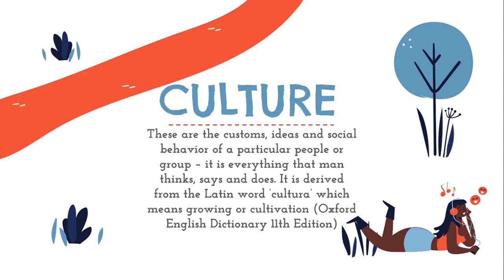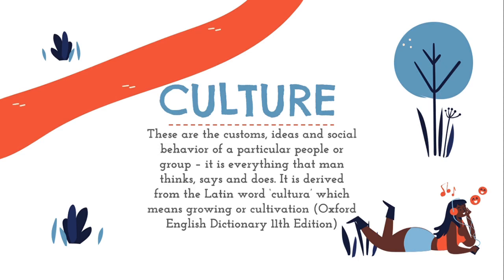Culture consists of patterns, explicit and implicit, of and for behavior acquired and transmitted by symbols, constituting the distinctive achievement of human groups, including their embodiments and artifacts. The essential core of culture consists of traditional ideas and especially their attached values. Culture systems may be considered as products of action, on the other hand, as conditioning influences